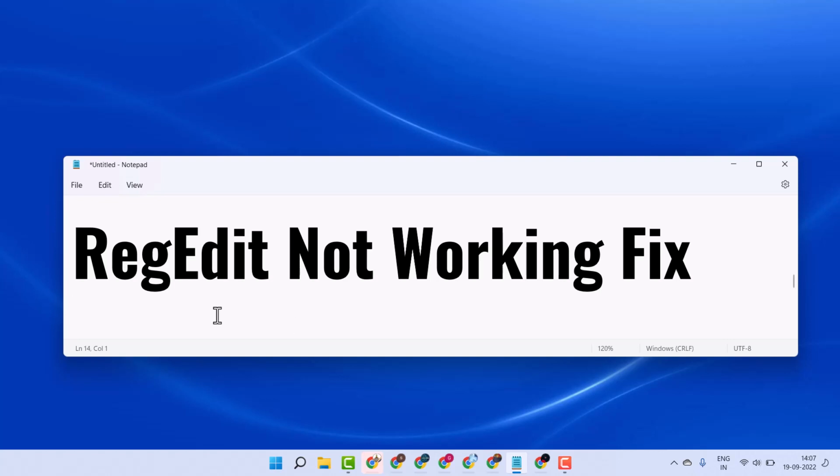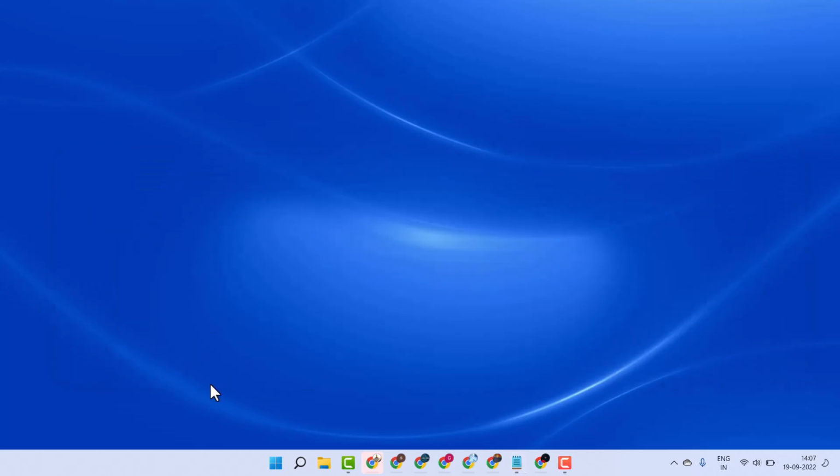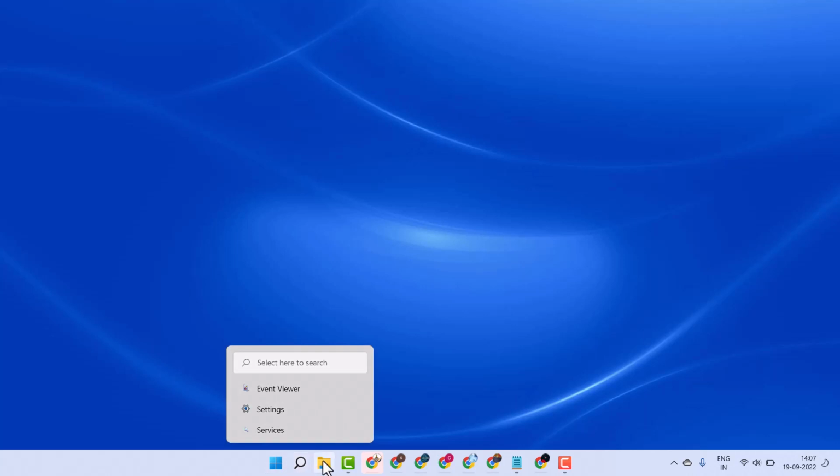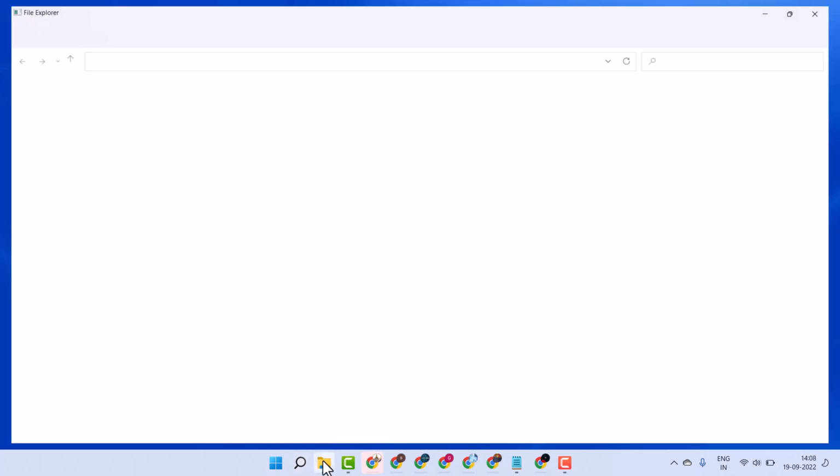In this video, I will show how to fix RegEdit Not Working in Windows 10 or 11. So simple thing, open File Explorer,